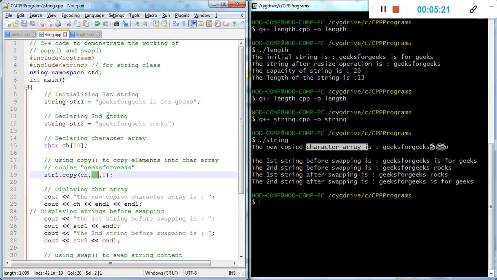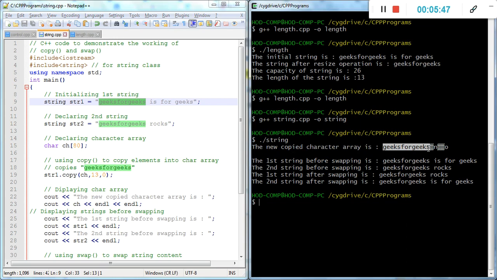Then 13 means copy 13 characters from the 0th position into the character array. That is simply the copy function. It copies these 13 characters from string 1 into the character array. This new copied character array is only "geeks for geeks".